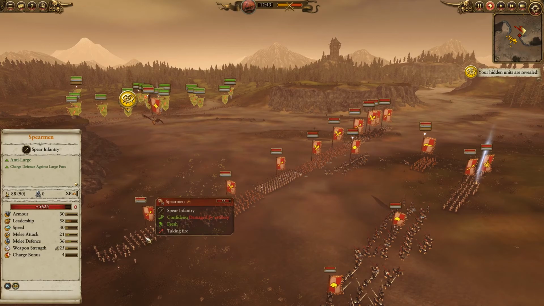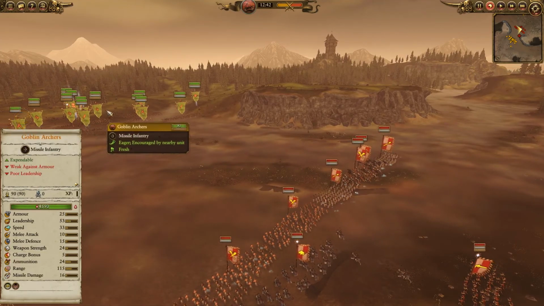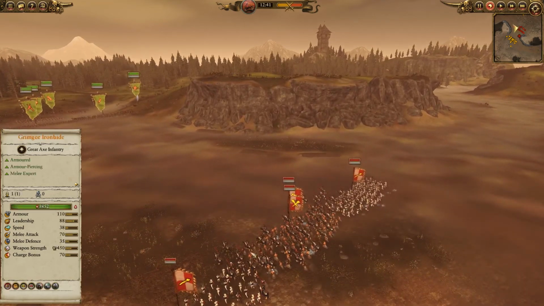Here for his front line, you'll see he's got a bunch of spearmen mixed in with some flagellants. So those spearmen and flagellants won't be able to do too much against those big Black Orcs and the Big 'Uns, but they will tie him up, and hopefully that'll allow